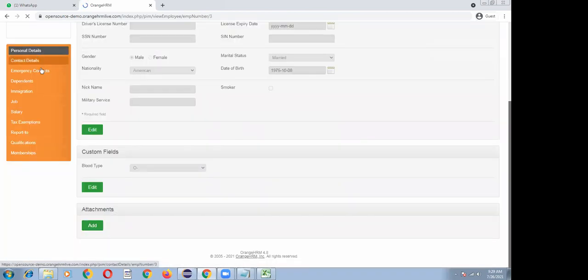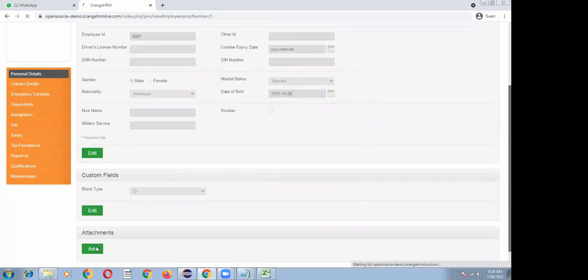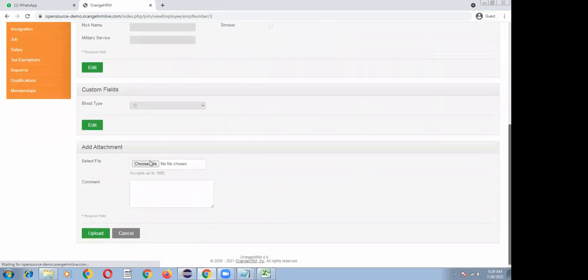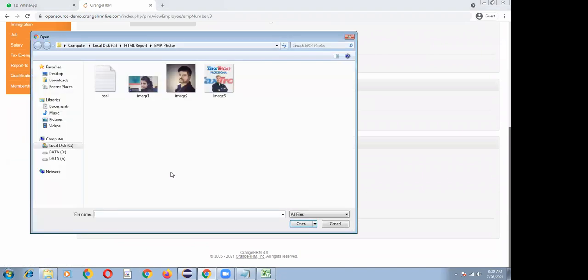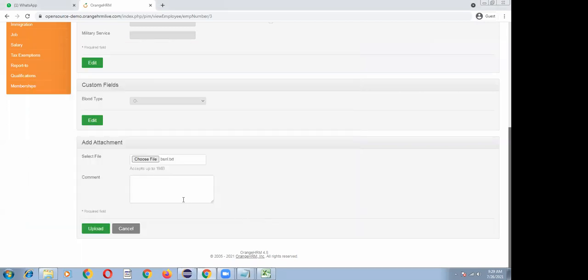Once any user has joined any organization, they have to attach all the required documents. So I'm clicking on the attachment, selecting a file to attach, and clicking on upload.